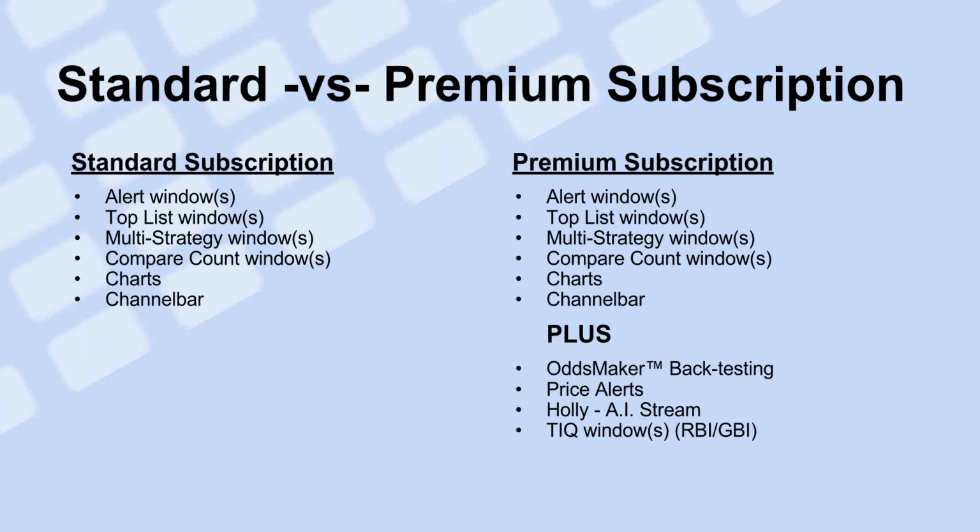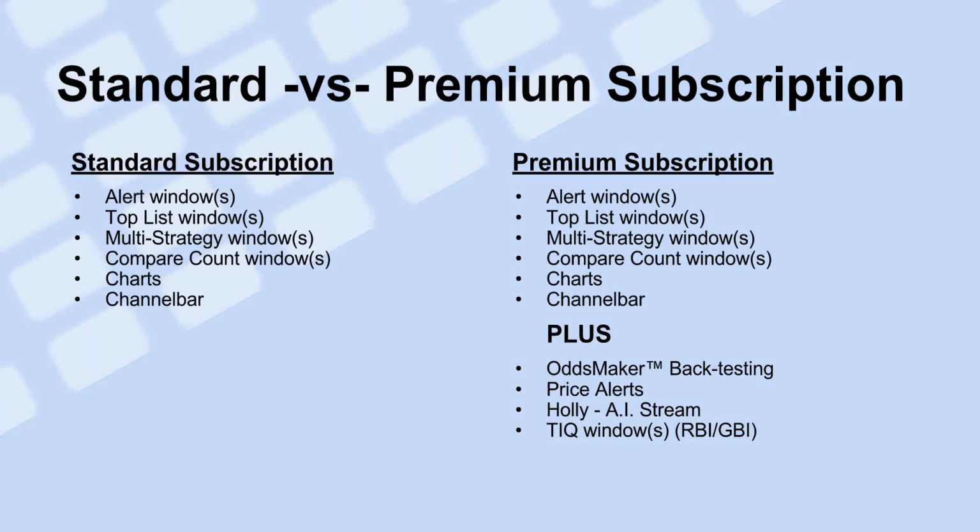Just first and foremost, the standard subscription really is the flagship product. It has access to the alerts, the top list tools, the multi-strategy windows, the visualization tool that we call the compare count, charts, as well as the channel bar, which is like your remote control to the market. The premium subscription has all of that, and Scott will talk a little bit about the economics of these two different subscriptions a little bit later, but